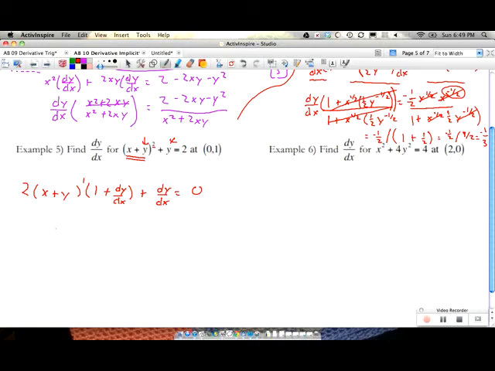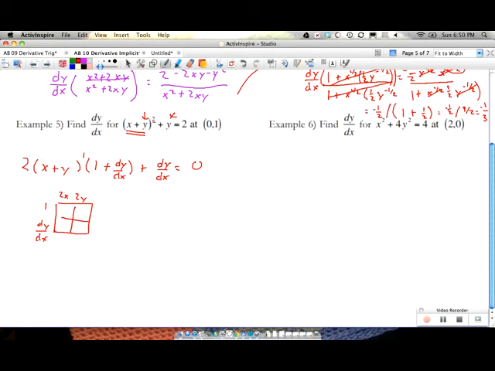Okay, so we got some interesting things going on here. Notice that I'm going to have kind of like a multiplication of these two binomials here. So it'll be 2x, 2y, 1, and dy/dx. If I were to multiply that out, I'd have a 2x and 2y. That's pretty normal. Then I'm going to have a 2x dy/dx and a 2y dy/dx. So if I were to simplify that, I have 2x plus 2y plus 2x dy/dx plus 2y dy/dx. Okay, so that's that whole first part, but I haven't written this dy/dx. So plus dy/dx